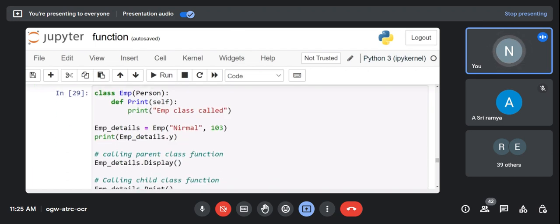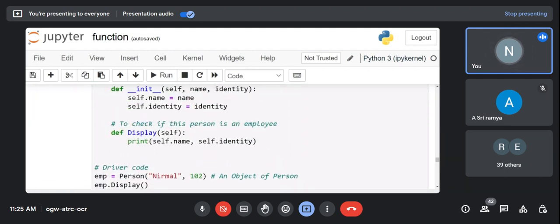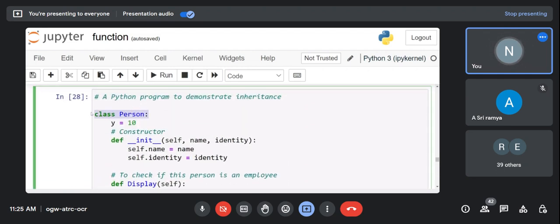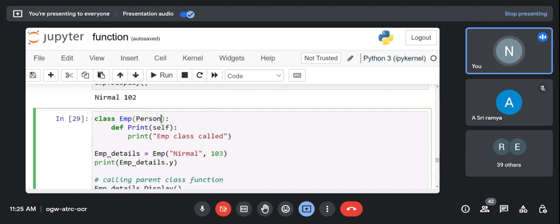What changes can we do ahead? I'm using class Emp(Person). So this is a Person class, and I am inheriting the properties of the Person class, and this is how you can do it